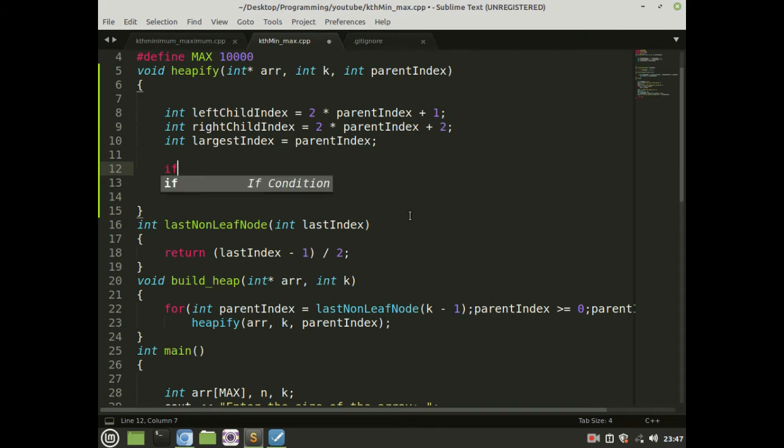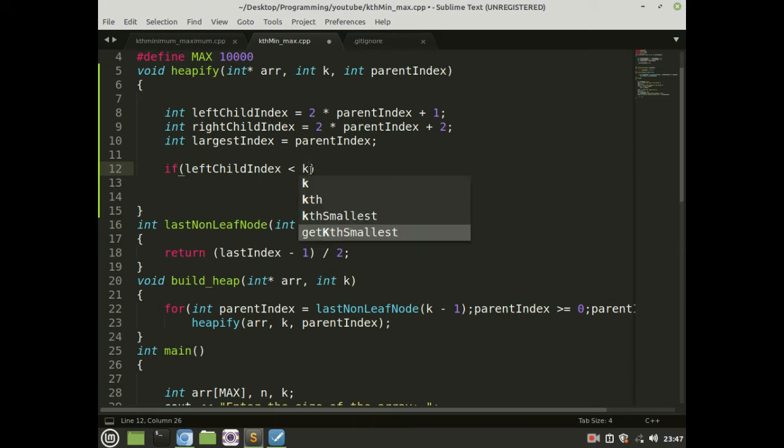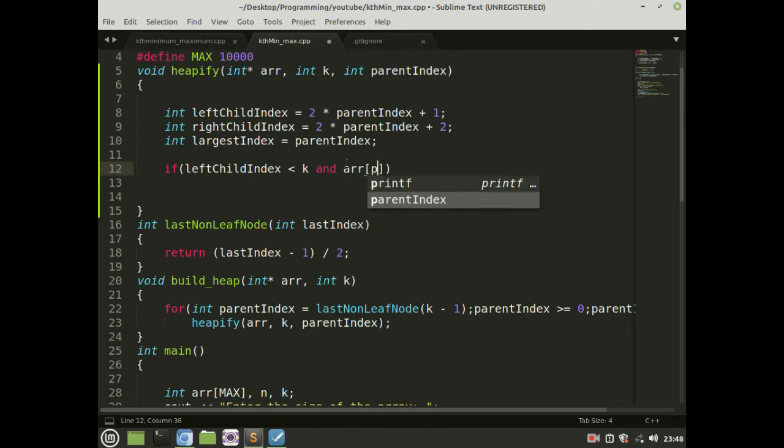But before that, let's check that the left child index we have calculated and the right child index that we have calculated are within our range or not, that is, less than k or not. So for the left child, we will first check if the left child index is less than k. If this is true, then this means that we are in our range. And we will also check, now the main checking comes,